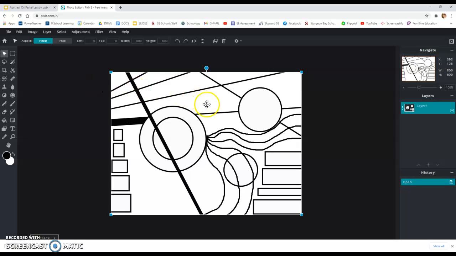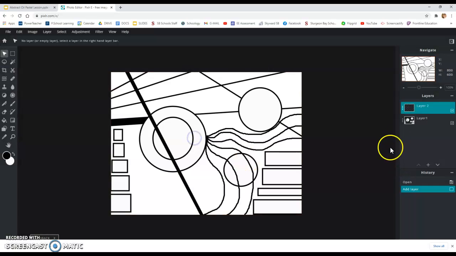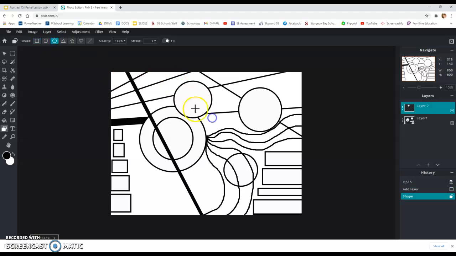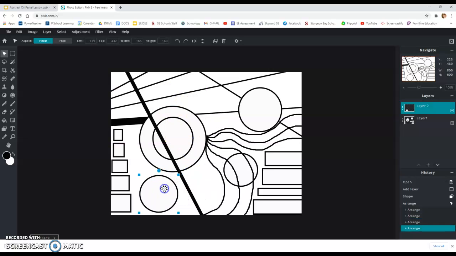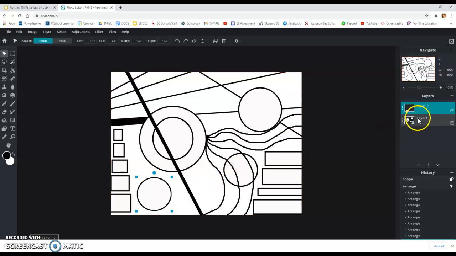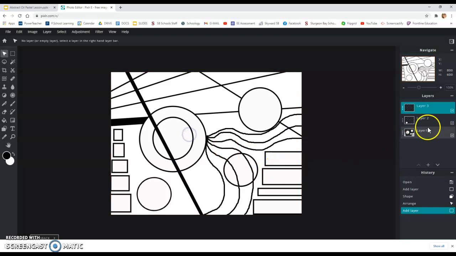One thing with this is you can work in layers if you would like. If you wanted to add a layer, you could add empty layers that can go on top of the current one that you have. So for example, I could go in and add another circle. And then the nice thing about it is if you add a new layer, you can actually move the shape around. So when you're working all in the same layer, you might not have that option. So if I want, like, I don't know, another circle inside of another circle, I can then go in and add a new layer again,